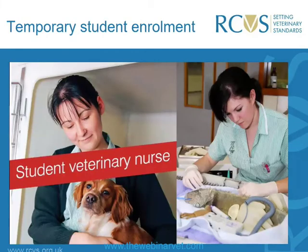So I touched earlier on temporary student enrolment. Every year we have applications or inquiries from people who are training overseas who would like to come to the UK to undertake some work experience. They may have funding through an Erasmus project or maybe wanting to fund this themselves. And we do accept students to be temporarily enrolled with the RCVS, but they need to be supported by their college